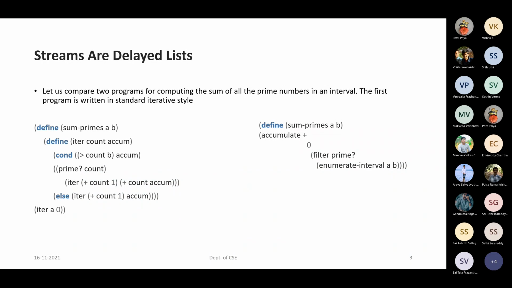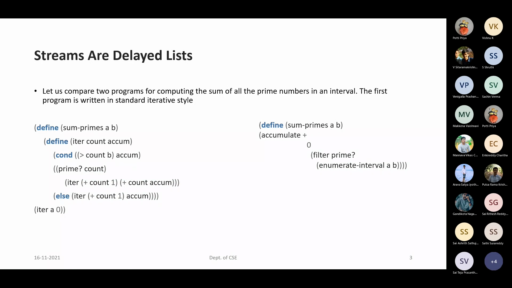All of us know, like when we discussed order of complexity, we have seen that since an iterative process is generated, the space complexity will be 1 because the same count and accumulate are getting updated each and every time. So we are not requiring any more space, the space complexity will be 1, right?